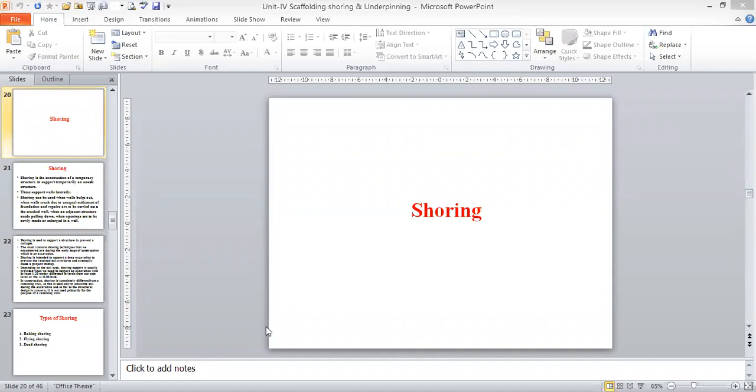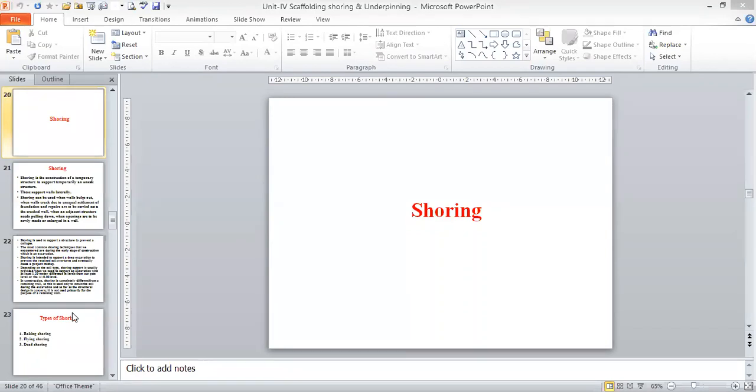The next one is the double scaffolding, or stone masonry scaffolding. Here we provide two rows of standards like a ladder, and the horizontal members, the wood logs, provide access from one level to the other. This is called double scaffolding, or fixed scaffolding, and is used for stone masonry work.